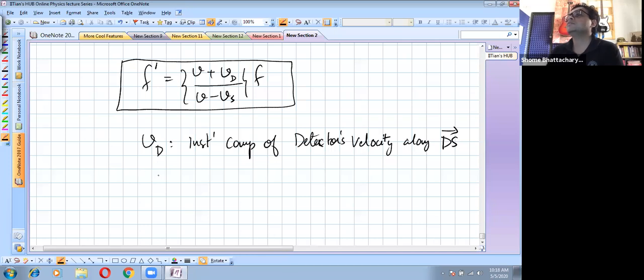Okay, and Vs is the instantaneous component of the source's velocity